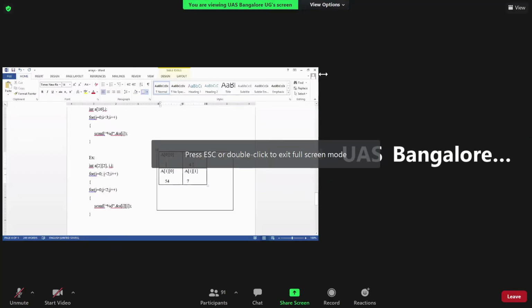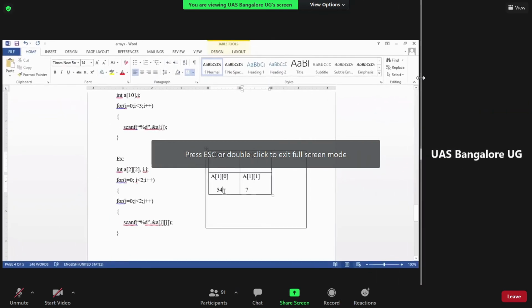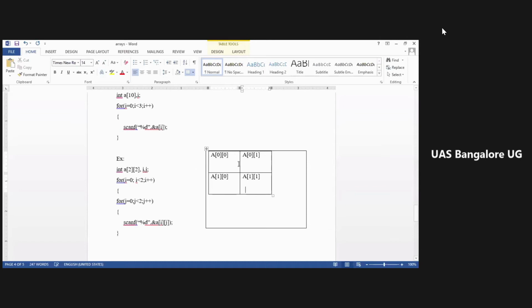Did you understand this, memory locations a of 0, 0, a of 0, 1, a of 1, 0? This you understood, right? See, whenever there are rows and columns, here it is 0, here it is 1.